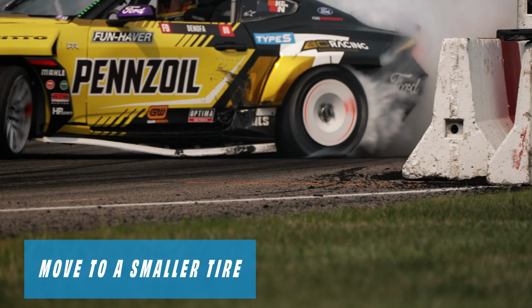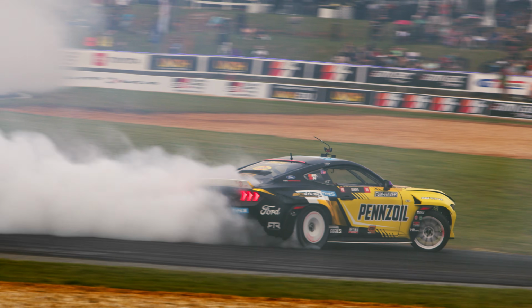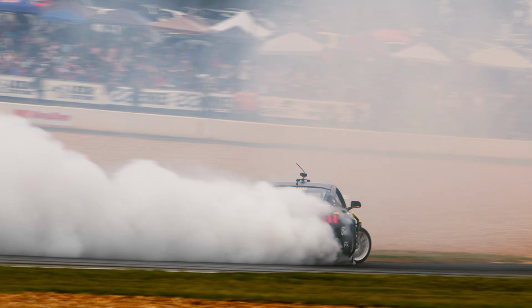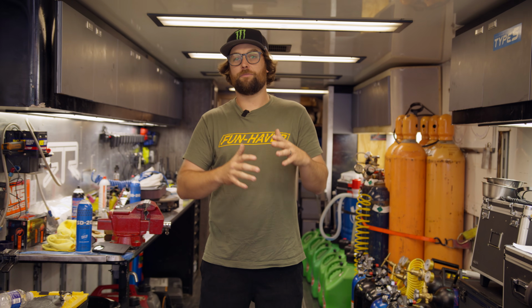So I'm a big person that's wanting to move towards a smaller tire because it's a lot less load on everything and you don't have to have as much power to have as good of a show. So right now with how much tire we're allowed to run and how much grip we have in the cars and how crazy everything is, it's cool because it's very unlimited and the cars can be as fast as